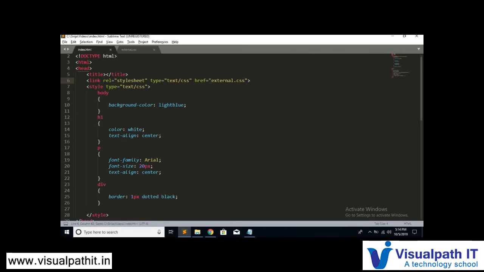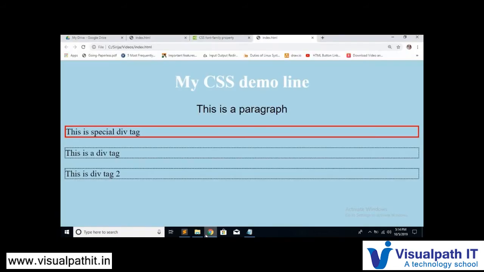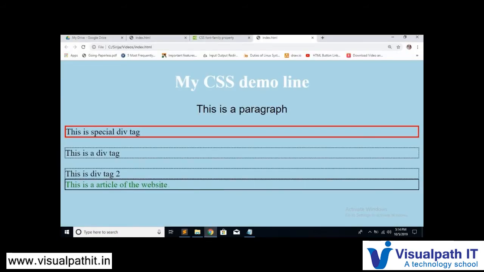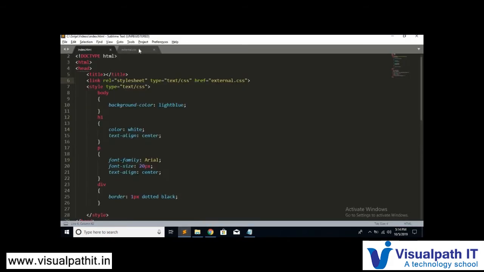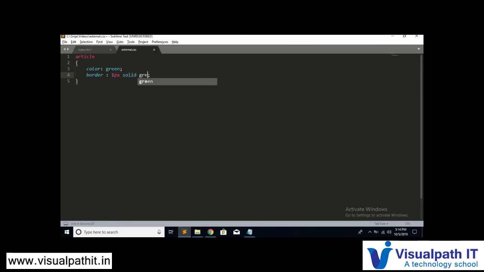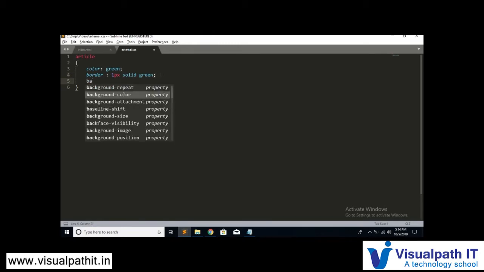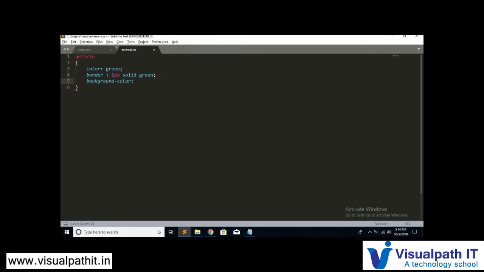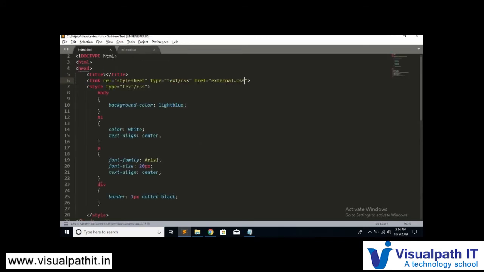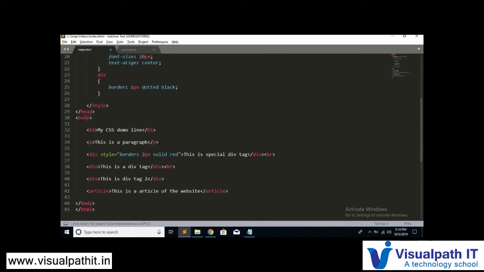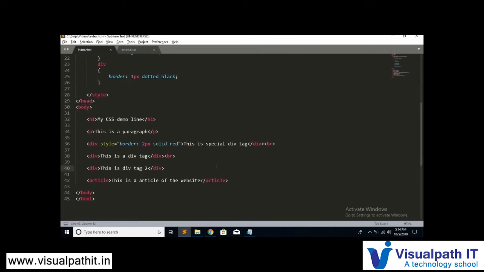Now automatically the article will be changed. See, this is an article. It's in the green color with the black color border and with solid line. Let's change that so that we'll be able to see it properly. So make it green, and I'll even give some background color. What can we give, let's give red. Let's save this, and let's give a break here so that the output will be really visible enough. Now let's run this.